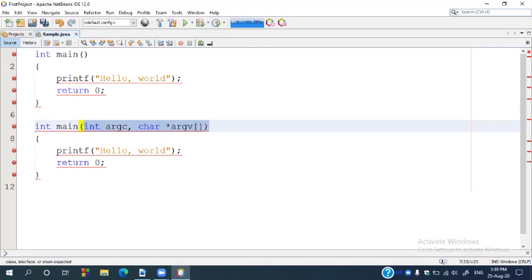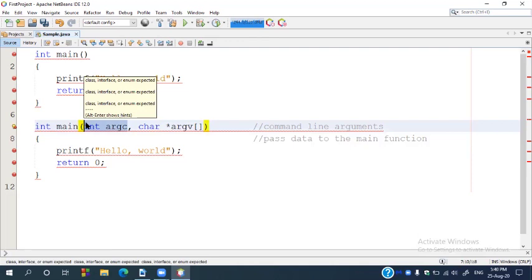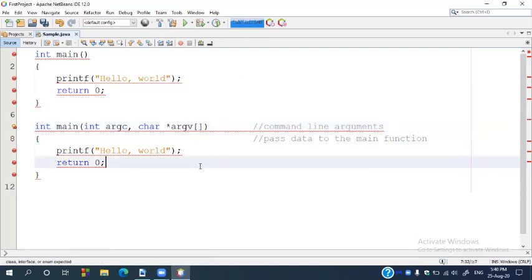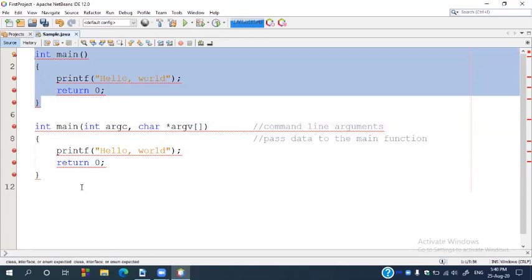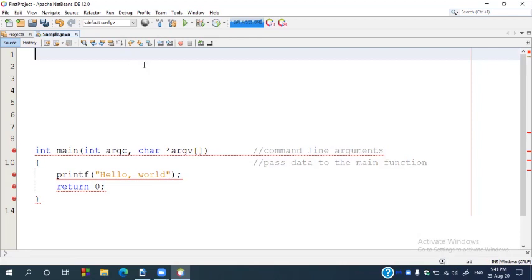What are command line arguments? They are used if you want to pass any data to the main function while executing it. Here argc contains the number of arguments you pass while executing the program, and the arguments themselves are stored in this array. Either version of the main function can be used in C or C++. Next, we'll go back to the Java programs.